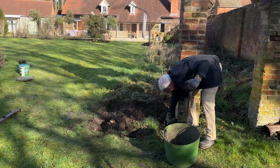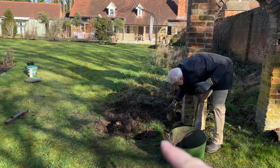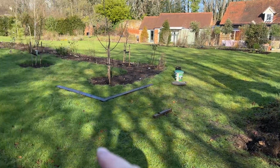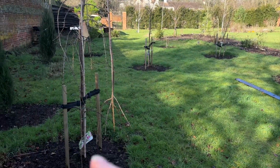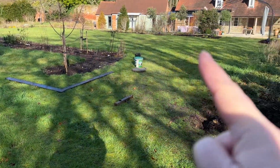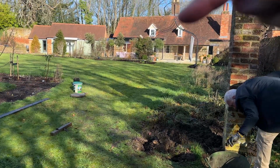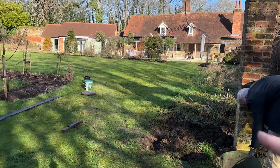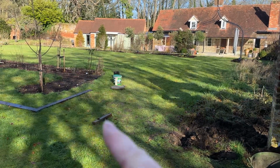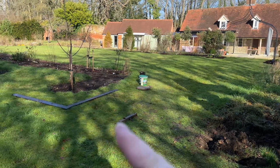Okay, so what I've done is I've measured out a metre squared here. So this is a metre squared. And then I've found the centre, which is exactly where the trunk of this weeping cherry is. And it's the centre of the big arch that we've got up here. There you can see the big arch. That's going to have roses up it. So that's the centre. Then I've measured from this stick to this bed, that's 136 centimetres,